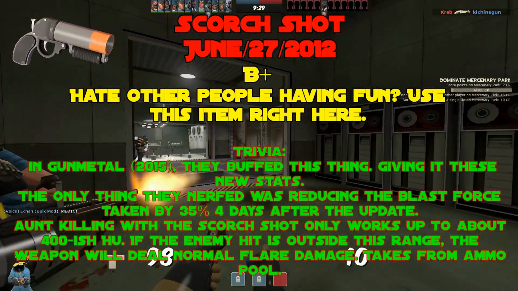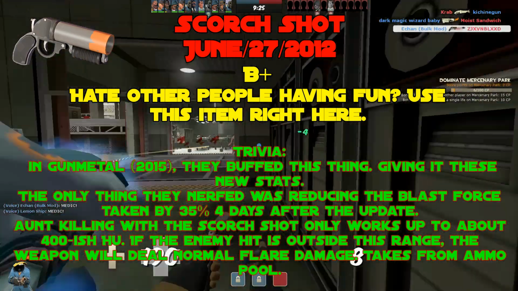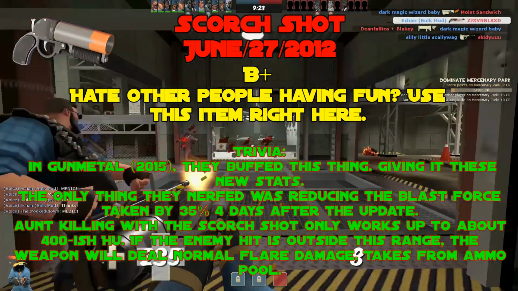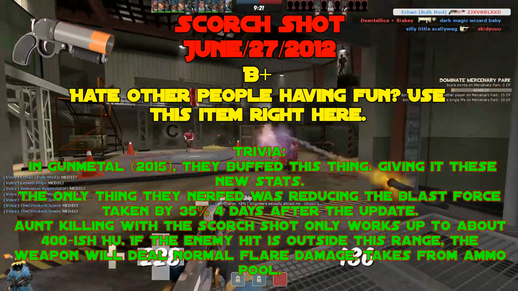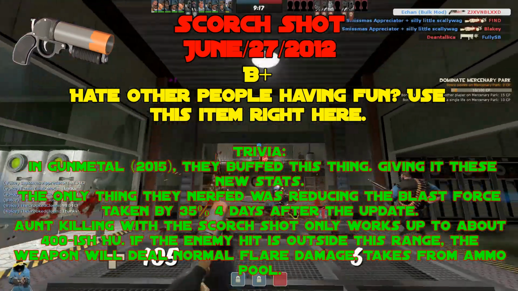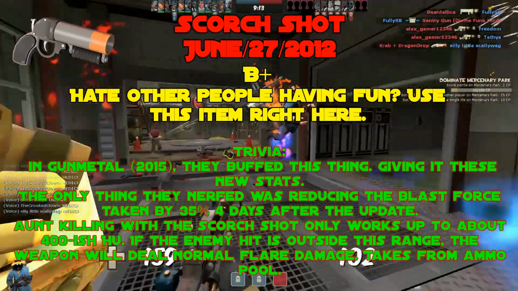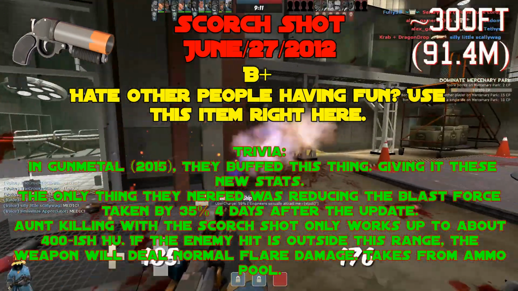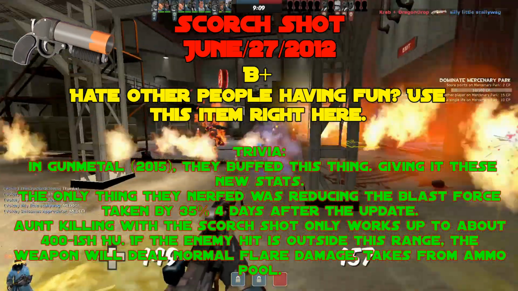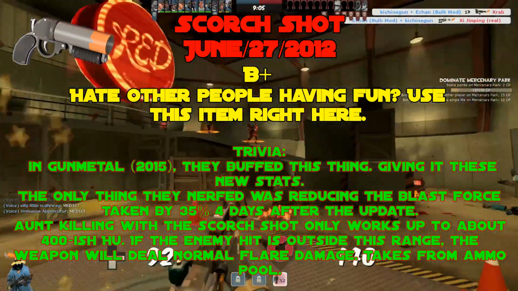The only thing they nerfed was reducing the blast force taken by 35% 4 days after the update, because for a short time there was really no reason to run the Detonator. Another fact, this is likely known by most players, but in case you don't: taunt killing with the Shortshot only works up to about 400-ish hammer units. If the enemy is hit outside this range, the weapon will deal normal flare damage. And it uses an actual flare from your...